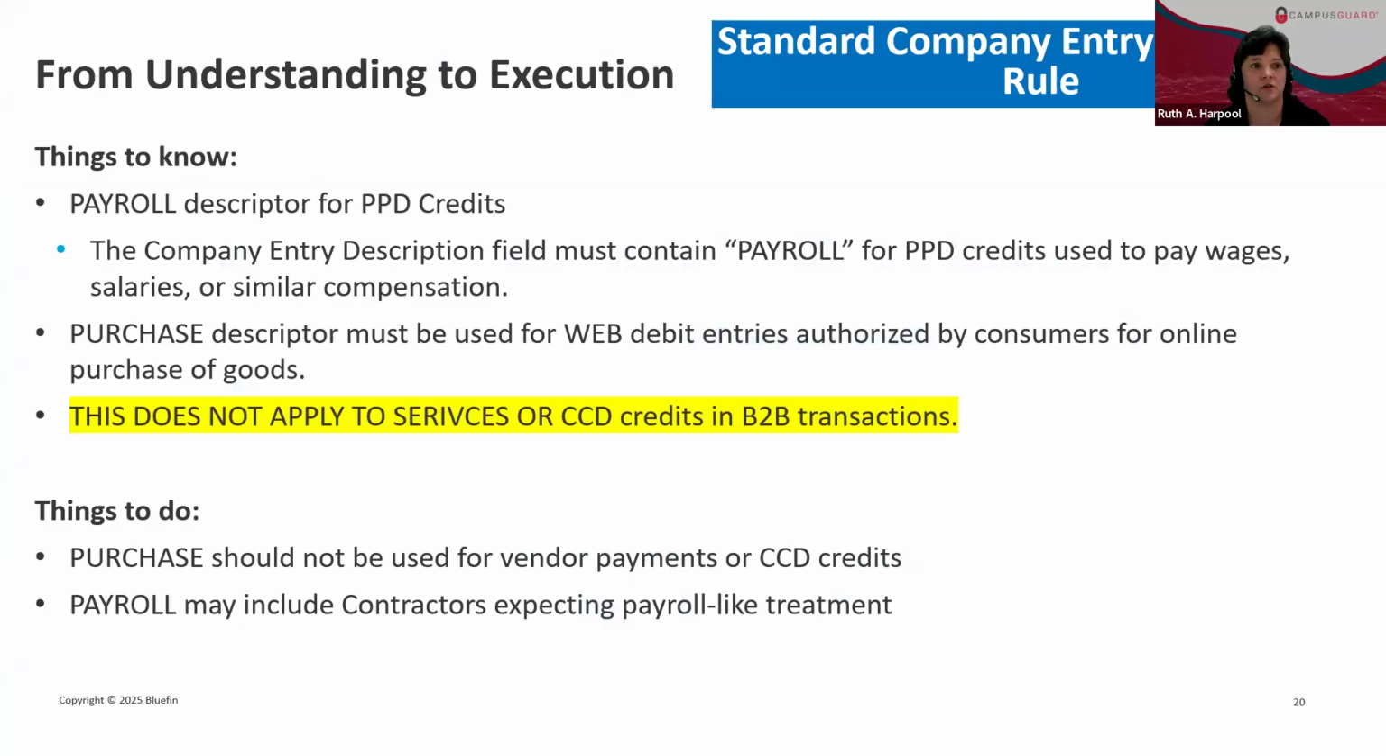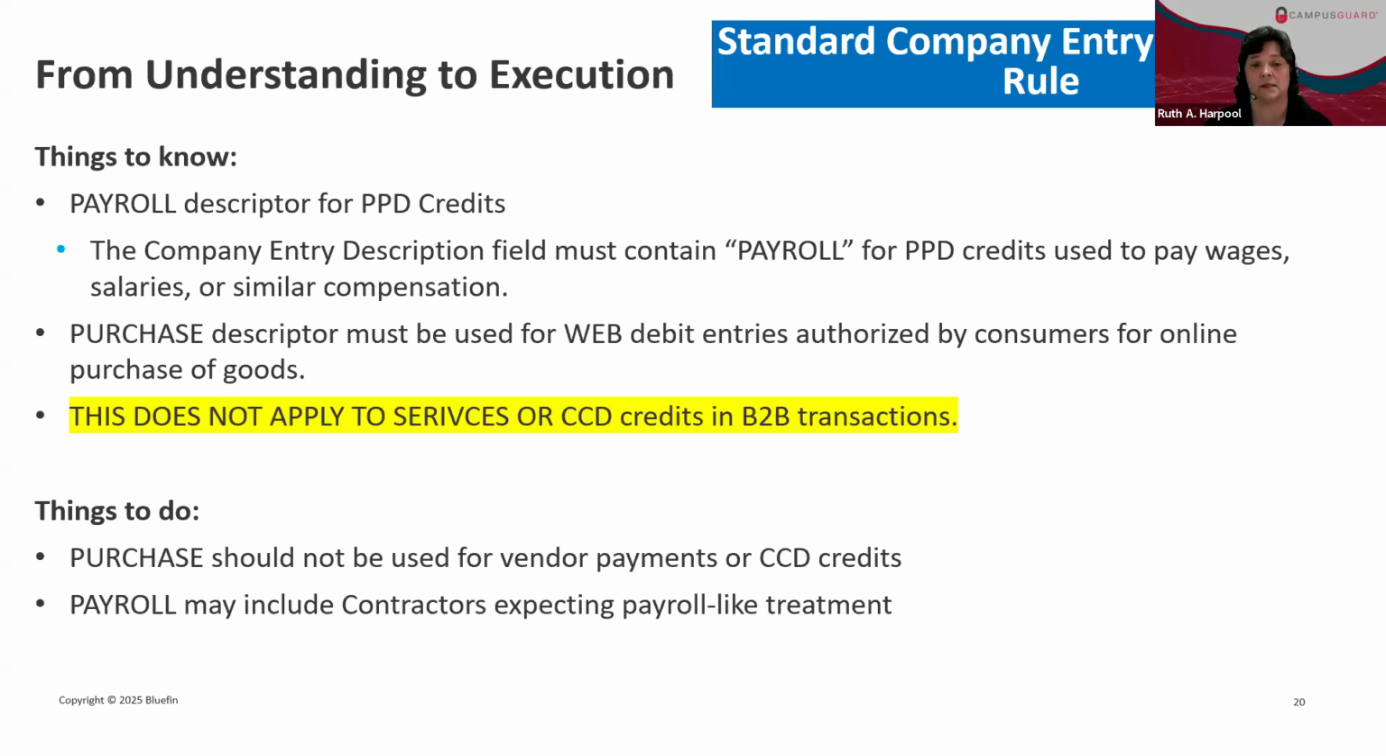From understanding to execution. So, things to know. The payroll descriptors for PPD credits. PPD is another ACH term. It's a payment from a business to a person. If you looked at your payroll direct deposit on your bank account statement, it probably says PPD in there somewhere. It just means that a business has paid you. So there's the information on that. Again, this does not apply to services